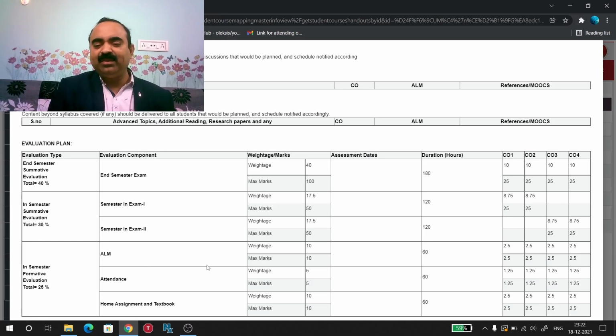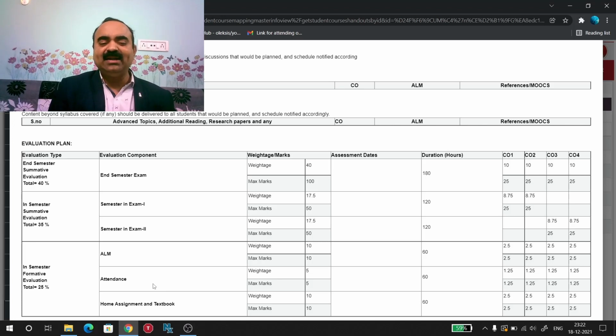Through ALM, you can get 10 marks. Through attendance, you can get 5 marks. And through home assignment and textbook, you can get 10 marks. Total formative evaluation is 25 marks.